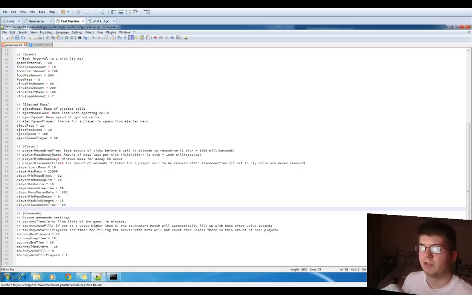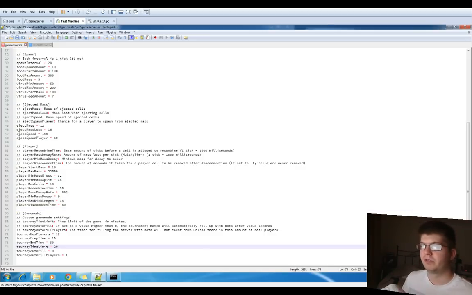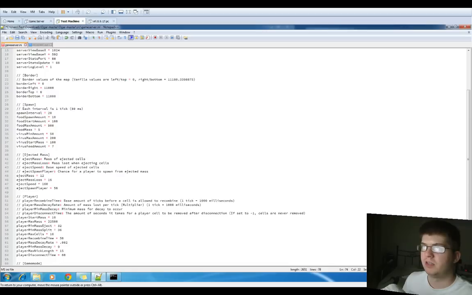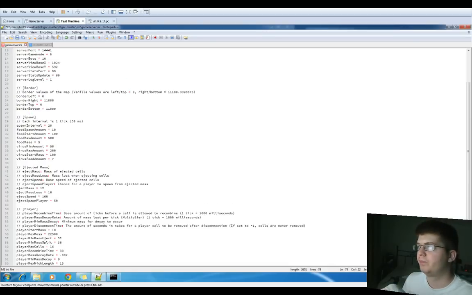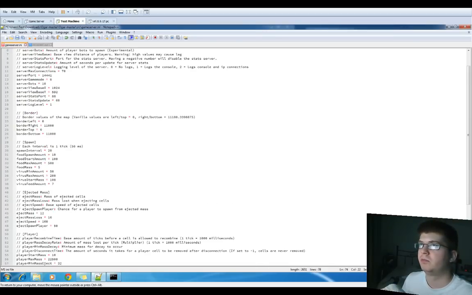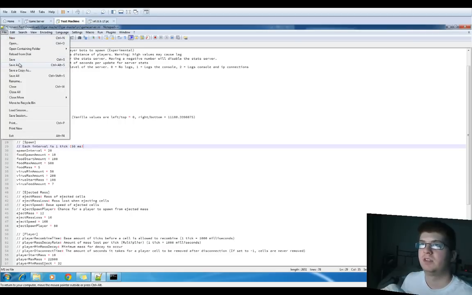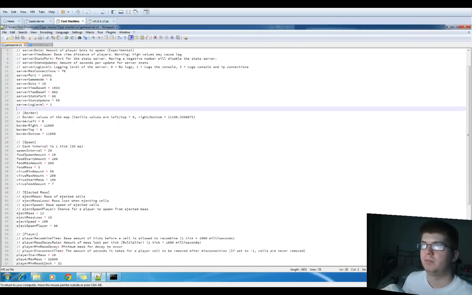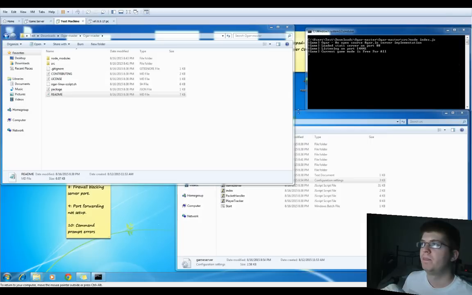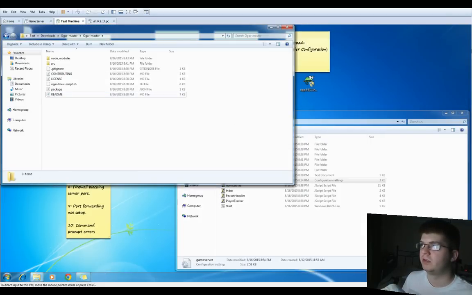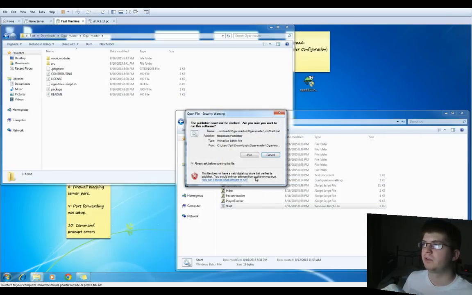Then you've got some other stuff like player disconnect time and maximum nickname length. If you just look through this, they're pretty much all self-explanatory, and you just change the numbers to customize it to however you want it to play. So I'm going to save this with our 10 bots and bigger map size and food with a mass of 5. Now every time you change something, you're going to need to exit out of your server that's already on and restart it. So if we double click on start again,